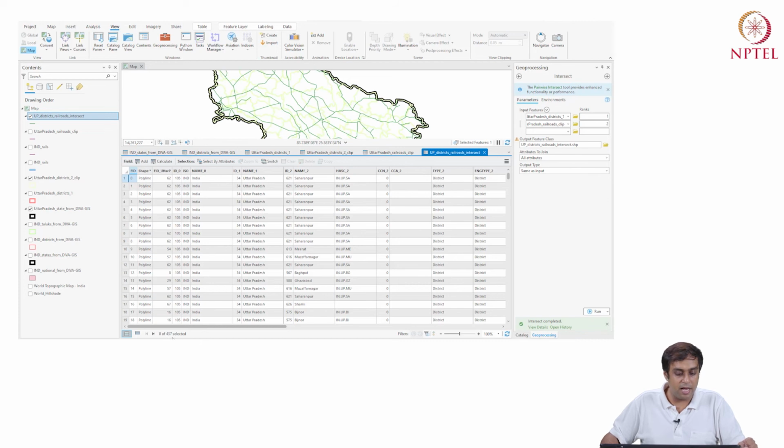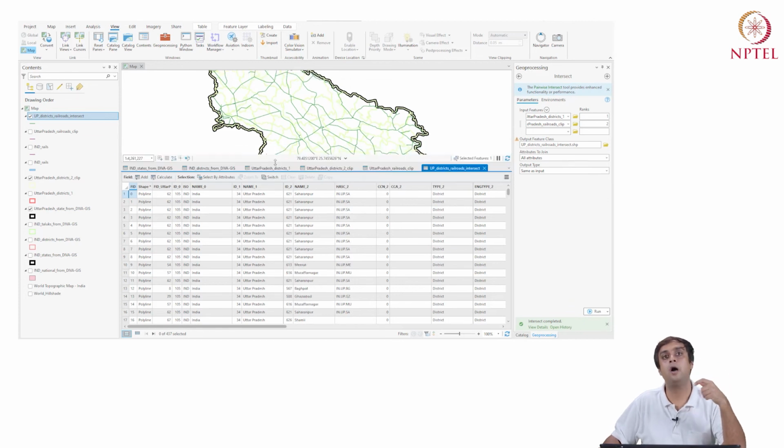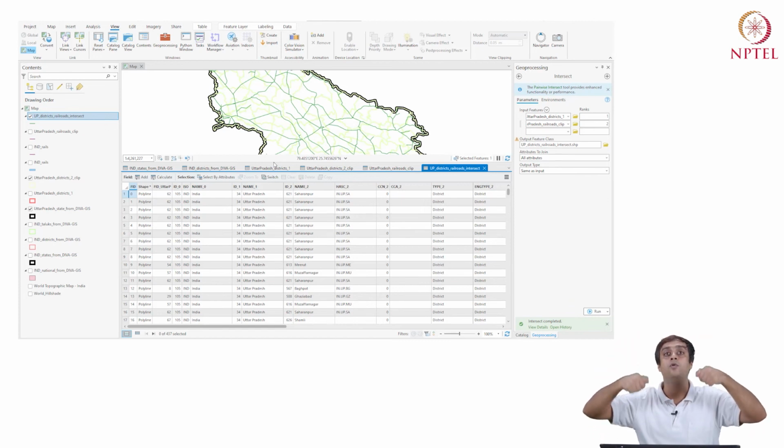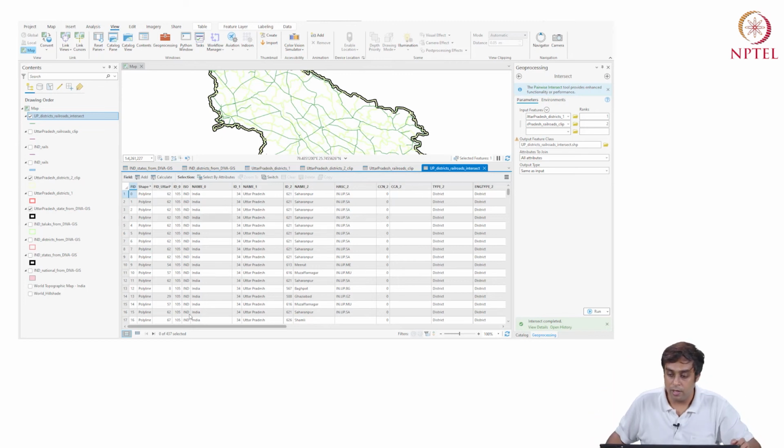Now the attribute table has 437 units. Why? Because each unit has now been broken down by the rail line that lies within there. If there is more than one rail line object inside a district, it's now going to count it as 2 objects.